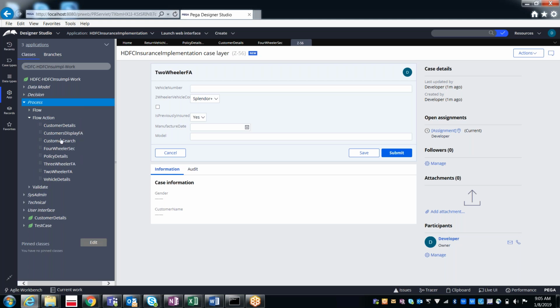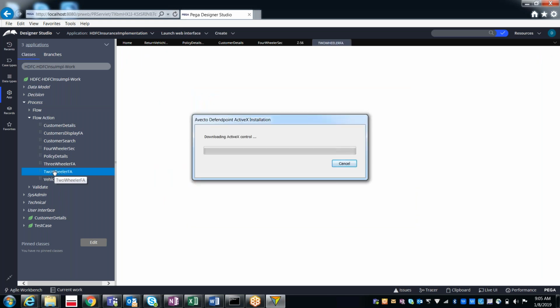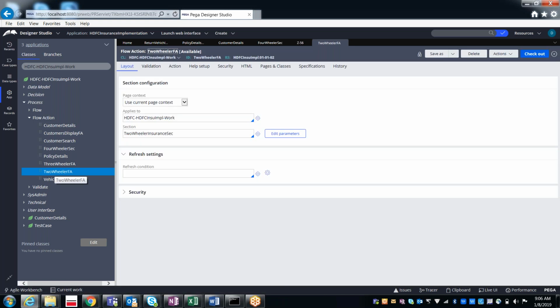Here we have the two-wheeler, three-wheeler, and four-wheeler flow actions. To implement this there are various ways. Just for the sake of one drop down, we created three flow actions.